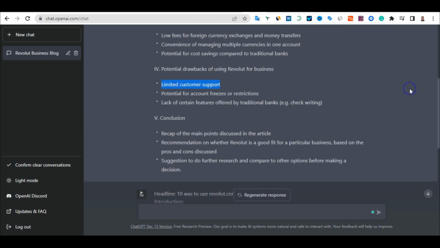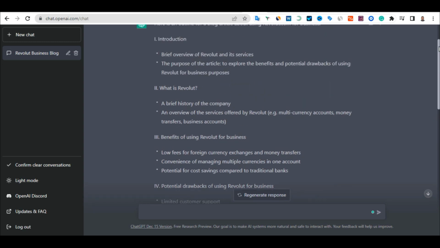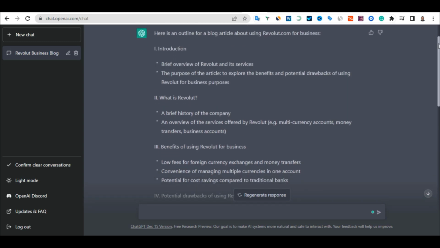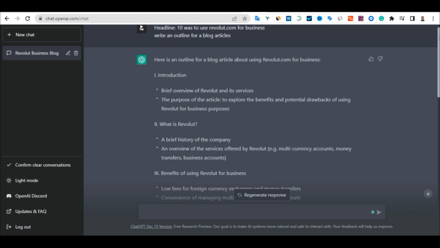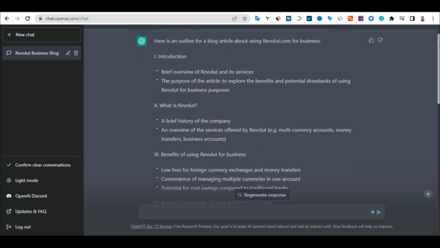Go back again, because you can see that it did how many? It did 10 outlines for us, but we just did one. But I'm going to do 2 for this tutorial, for those of you who don't have any idea. That is why I'm just doing this for this tutorial. But if you are doing yours, make sure you do every outline that the AI has generated for you.